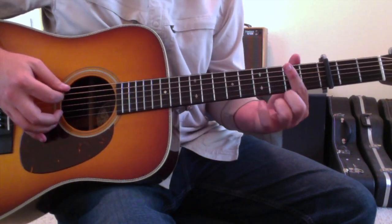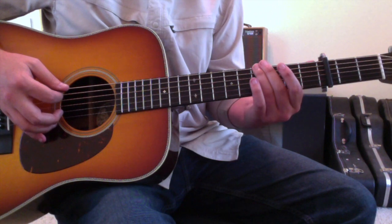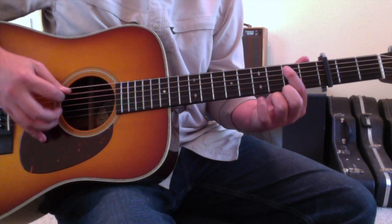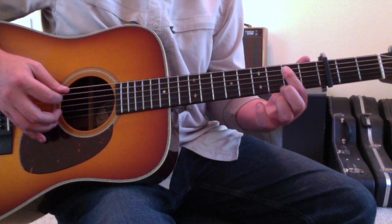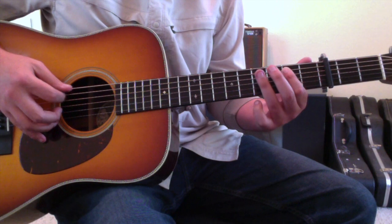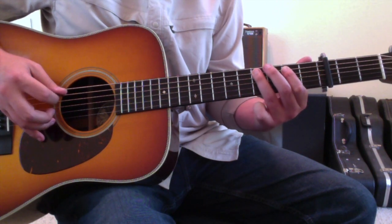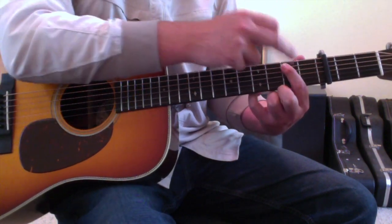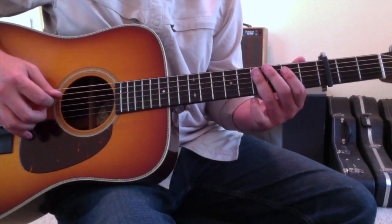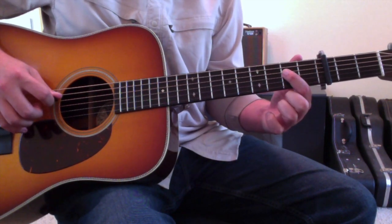So what you'll do is, after you slide with your ring finger to 6-4, you'll put your first finger down on the 5th string 2nd fret. You'll hit that, and then quickly after hitting it, you'll hammer on with your ring finger to the 5-string 4 fret, and then immediately pull it off to expose where your first finger still is on the 5th string 2nd fret. And then you'll kind of pause for a second and then move your first finger to the 4th string